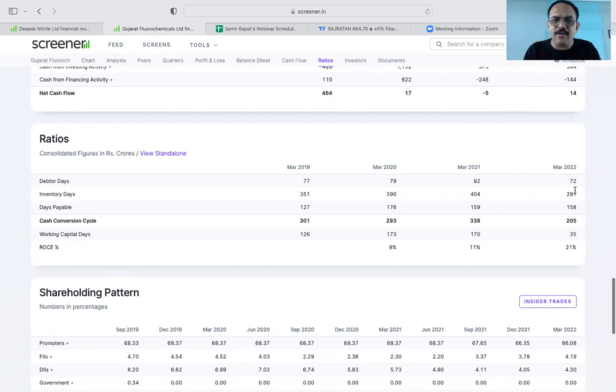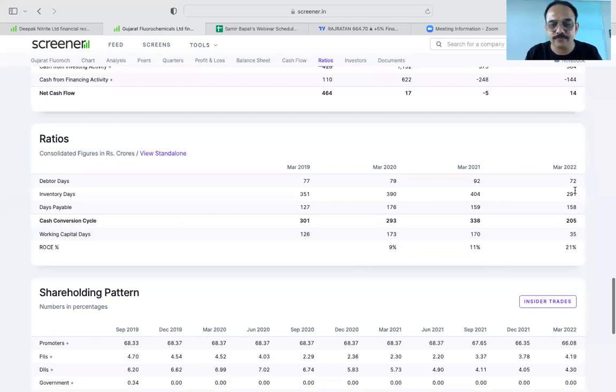तो एक filtration ये हो गया, right? So do you agree that for the peer comparison, I'm not saying compare Maruti Suzuki with Deepak Nitrite, don't compare different industry sectors, but within the same sector, if you have to shortlist a good stock, at least can we agree that a company which is having lower inventory days will be rotating their money more and can be looked at for shortlisting and investing?